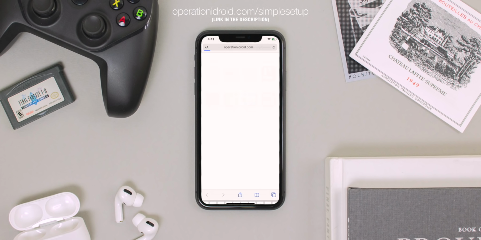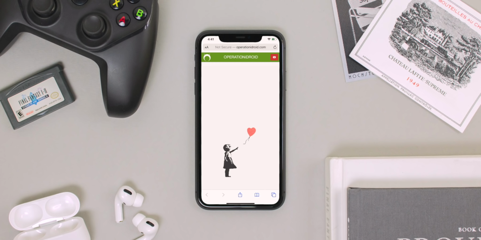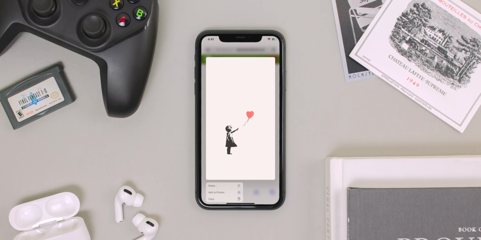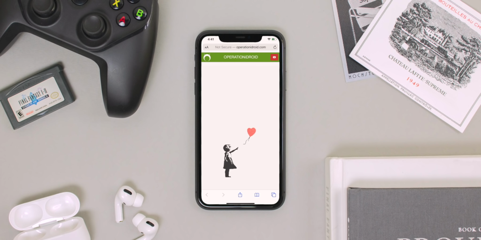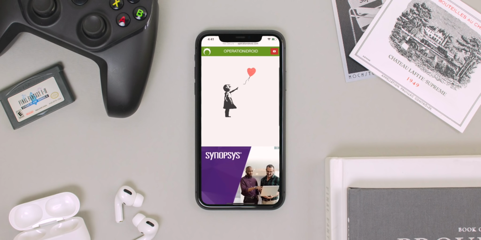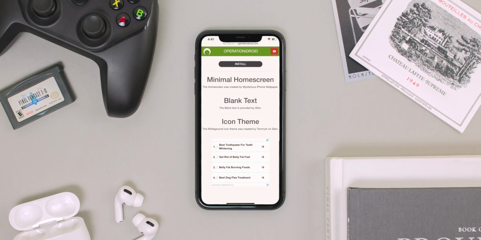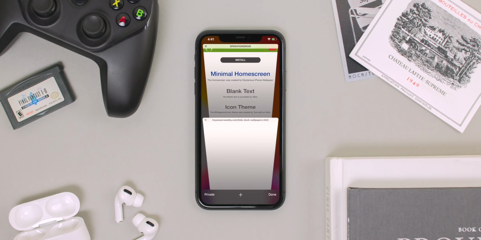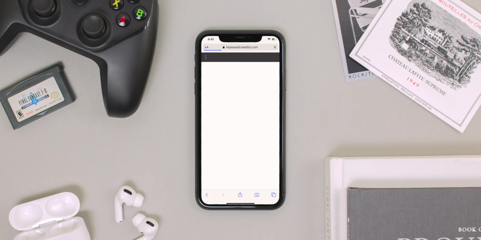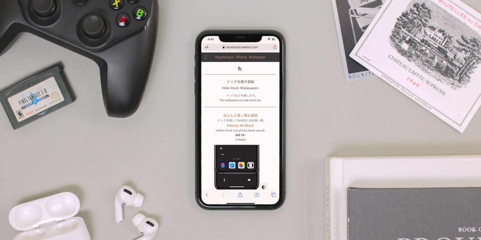Once you arrive at this website, you'll see the lock screen for the setup. All you have to do is tap and hold on the photo and then select Add to Photos once you see the little pop-up. Once you've done that, you can scroll down to the bottom of the website where you'll see the text for minimal home screen, and go ahead and click on that. That'll take you to another website called Mysterious iPhone Wallpapers